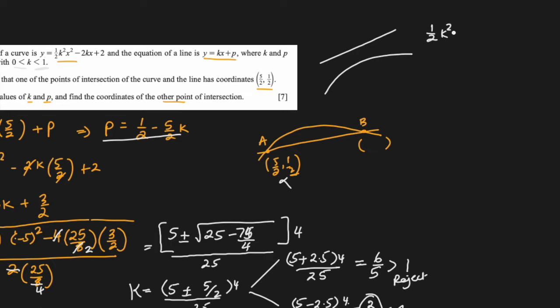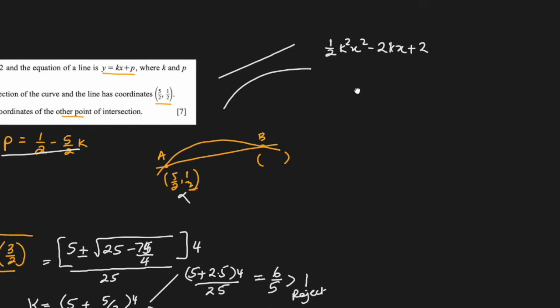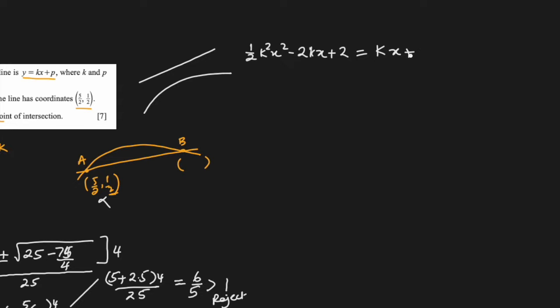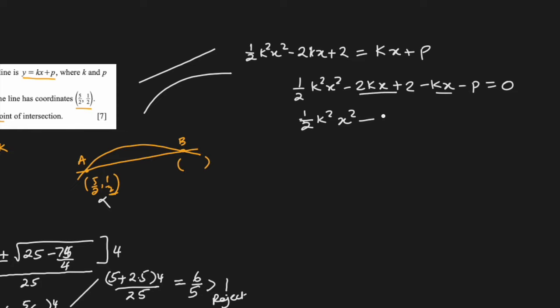Half k square x square, which is this one, minus 2kx plus 2 equal to kx plus p. Okay, and if I collect all the terms to the left side, it becomes a quadratic expression. Half k square x square minus 2kx plus 2 minus kx minus p is equal to 0. Let's first simplify this. Half k square x square minus 3kx, this and this, plus 2 minus p